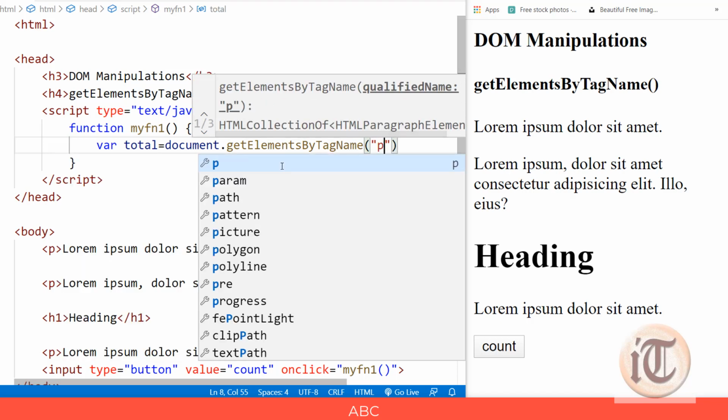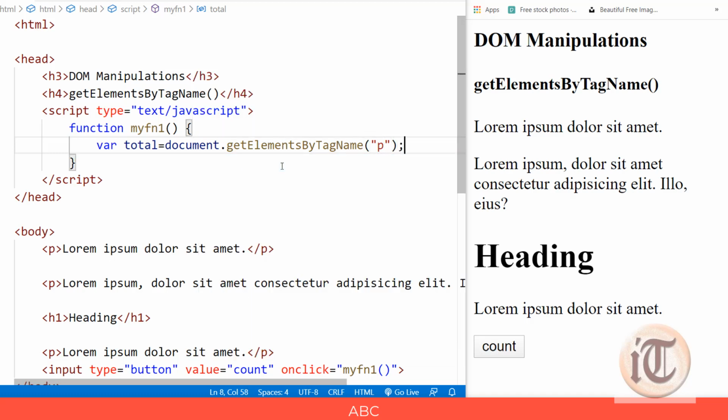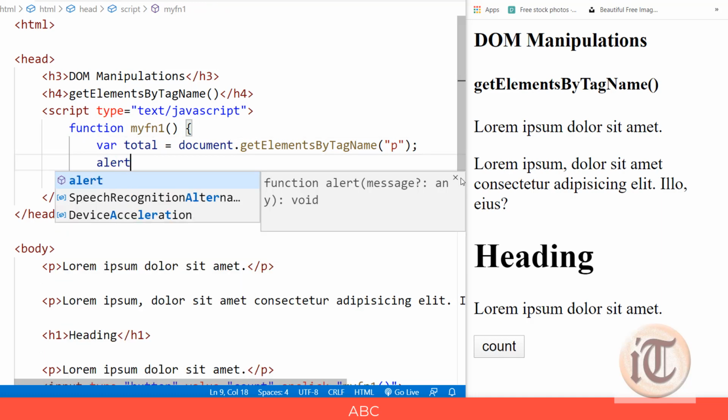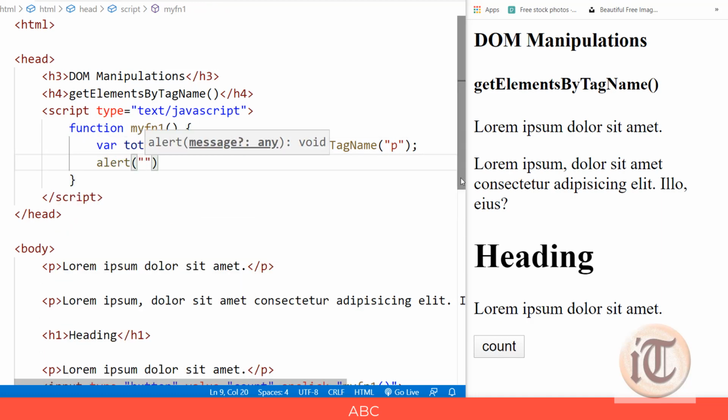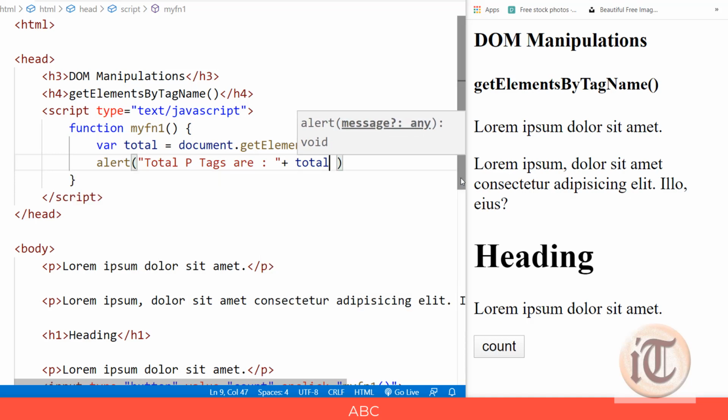We want to fetch the paragraph tag, so P. As and when I call document.getElementsByTagName('p'), it fetches all the elements with the tag P and assigns them to total. To fetch the count from total, I'll say total P tags are total.length, just like I did in the last tutorial.